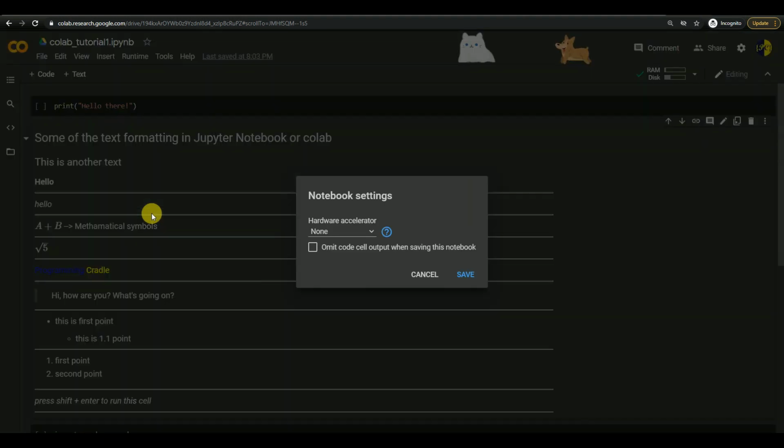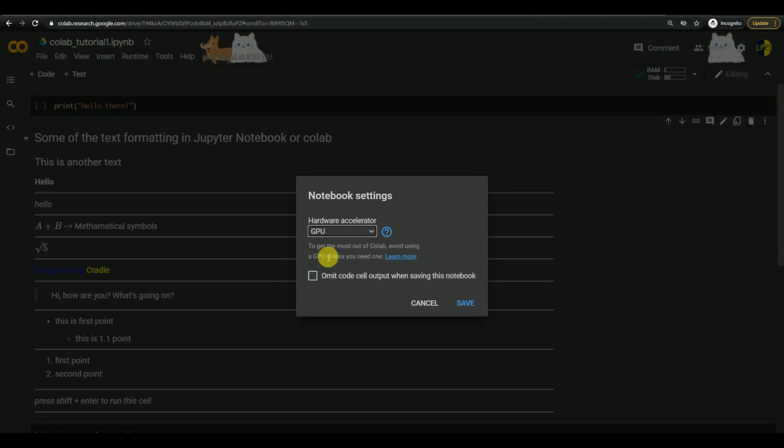So here you will have access to GPU and TPU. GPU is graphical processing unit and TPU is tensor processing unit. If you select one, let's say we want to use GPU, it says to get the most out of Colab, avoid using a GPU unless you need one. So if you are not using any deep learning algorithm on some heavy image data set, it's better to turn it off.